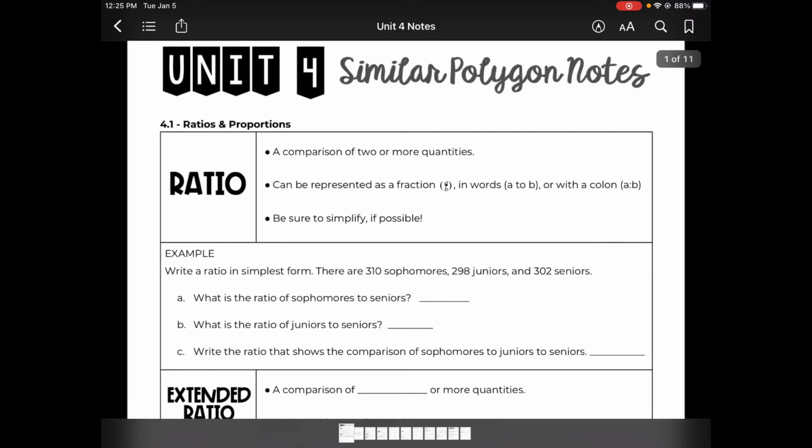In this lesson video for day 4.1, we will be talking about ratios and proportions. And some of this will be a review of previous content, either from last semester in geometry or maybe a previous course. But today, when we talk about ratio and proportions, we need to first understand what a ratio is. A ratio is a comparison of two or more quantities or two or more sets of values, and it can